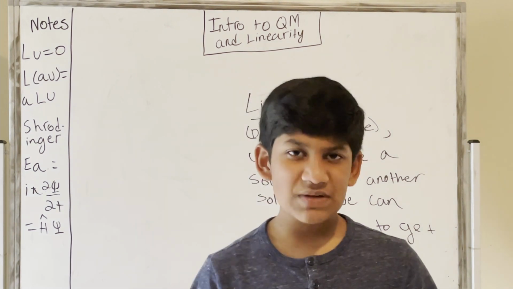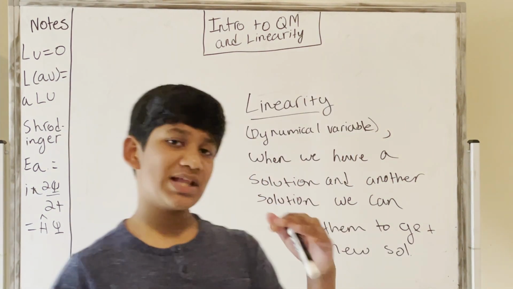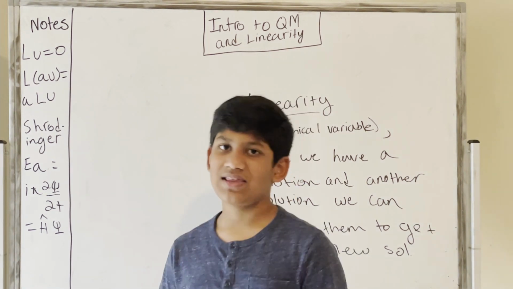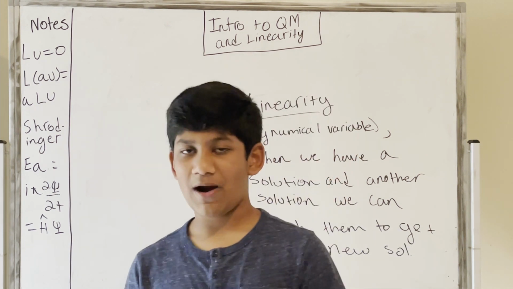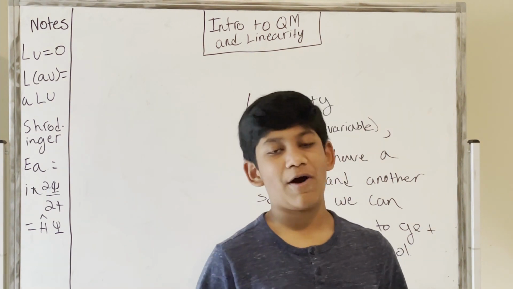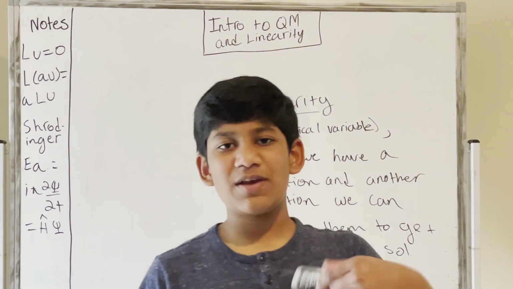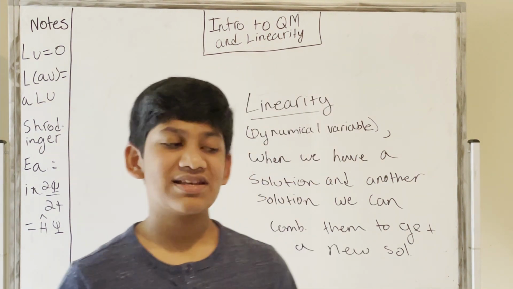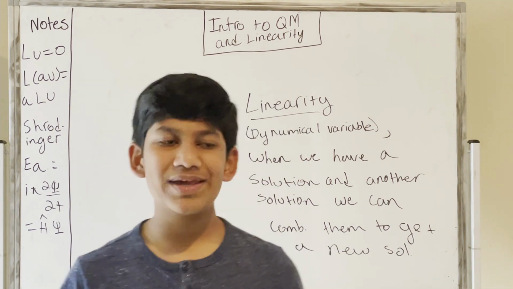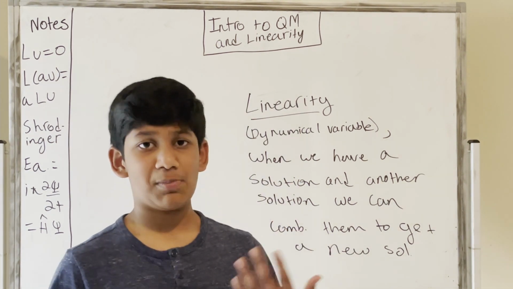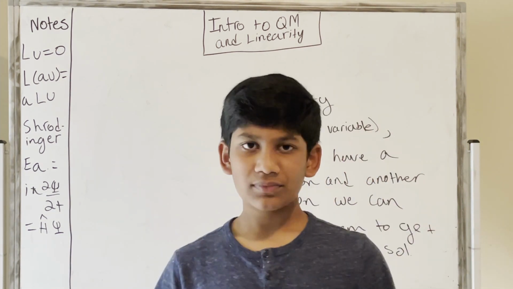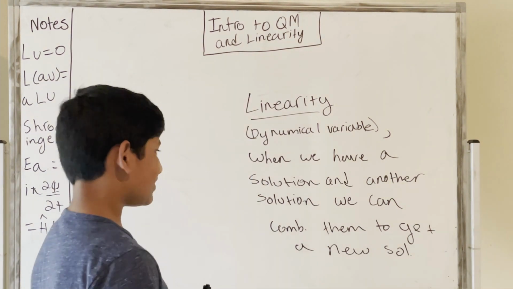You may be wondering, first of all, how do we have multiple solutions? Well, when dealing with advanced mathematics and physics, we can have lots of solutions. For example, if we have the integral of 5x raised to the power of 4, we'll get x raised to the power of 5, and then if we input random values, the answer will change. So that's typically each solution. And it's stating that if a theory is linear, we can make more solutions, and if we get more solutions, this can reduce all our work. So how does this relate to physics? Well, we'll see that in a moment.